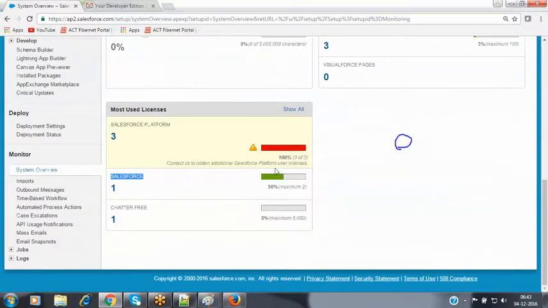Now one license is available with you right now. 50% we have utilized, and then 50% remains. Nothing but one more license is available to you. This license you can assign to another person who you have recruited inside your team. So now once you deactivate the user, automatically the license will be returned back to you here.